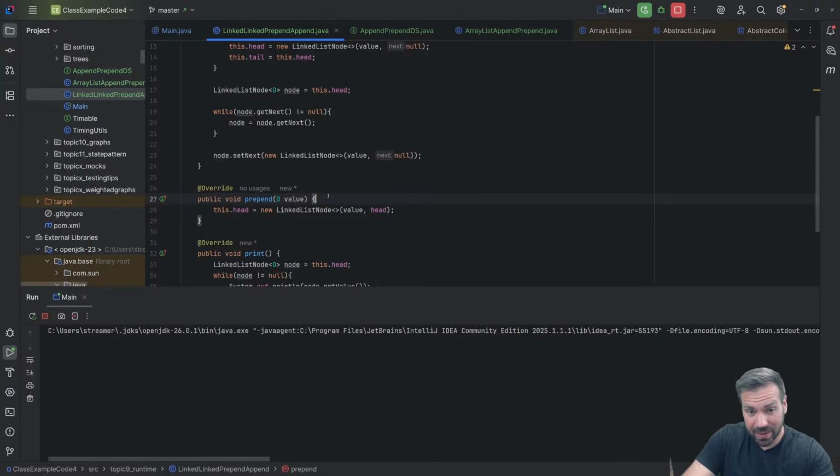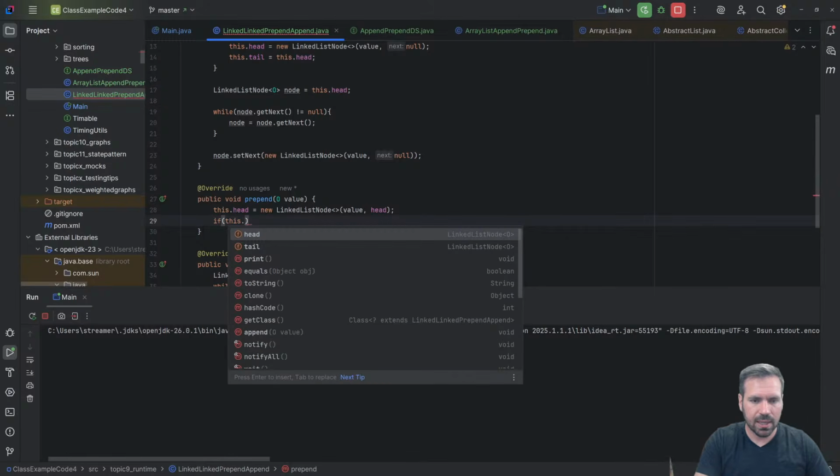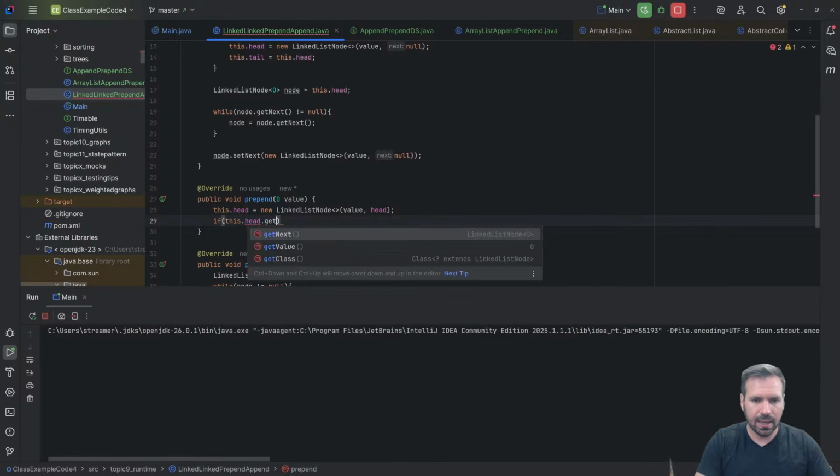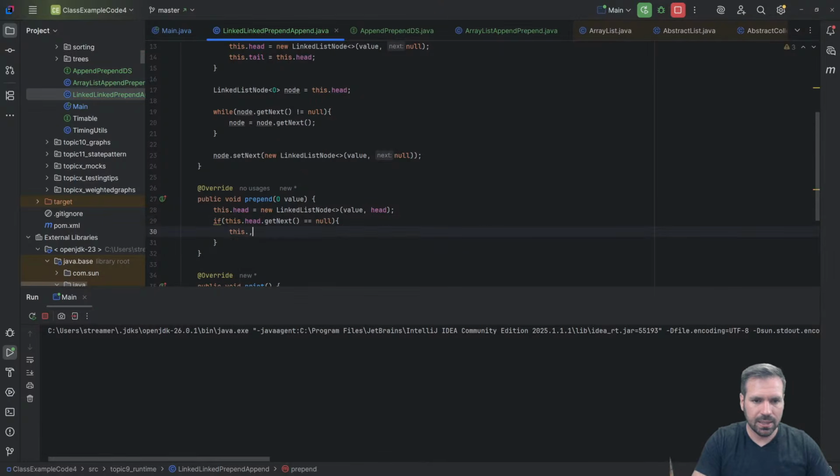I gotta think about prepend a little bit. So if prepend, this is fine for head, but if... I can get a little cute with this one actually. If this dot head dot get next equals null, then this dot tail equals this dot head. It's probably the most compact way to do this. So if the list was empty and we prepend, we need head and tail both referring to the same node, because if we